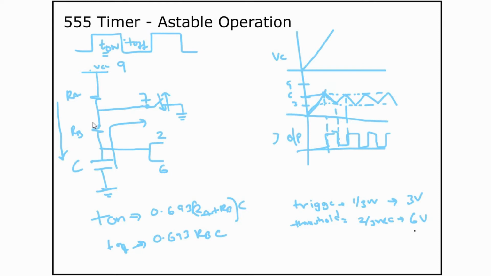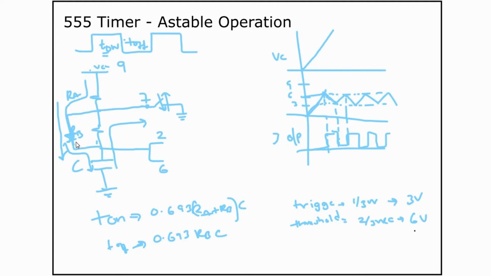With this arrangement, there is a small issue: you can never get a duty cycle below 50%, because the charge time depends on both these resistors. If you want independent resistors for charge and discharge time, you can use a diode here. Now the charging path goes through RA and this diode, because it is forward biased. You have to select RB very much higher than the diode resistance, or else they will start sharing a path.